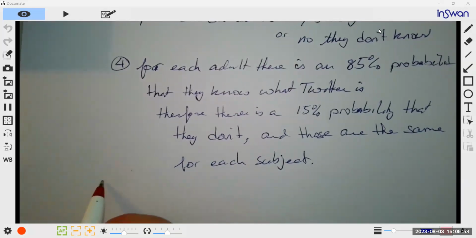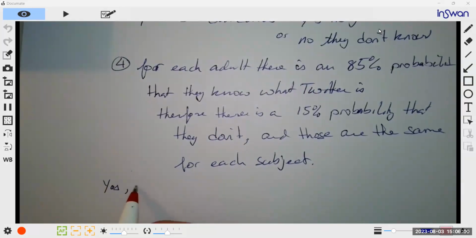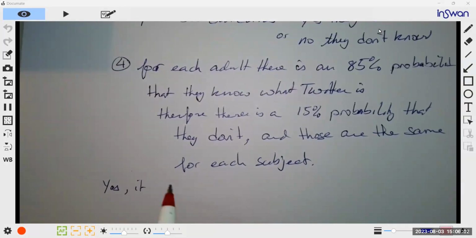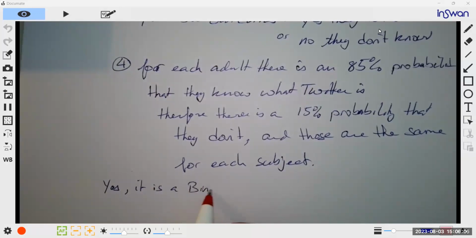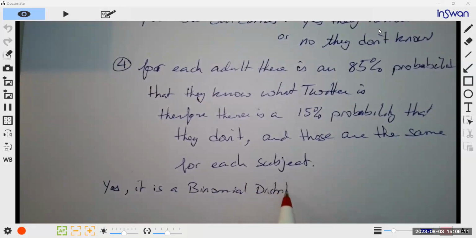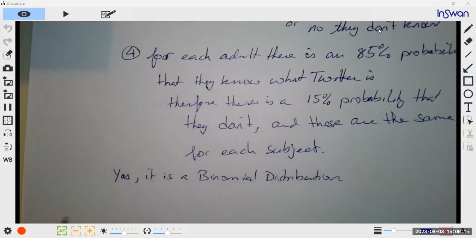So yes, it is a binomial distribution. So B,